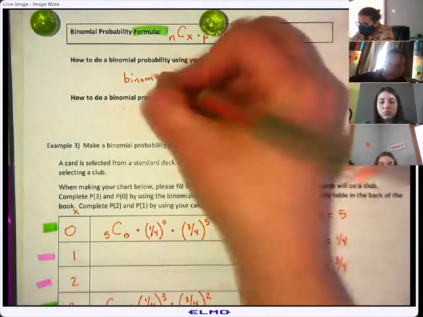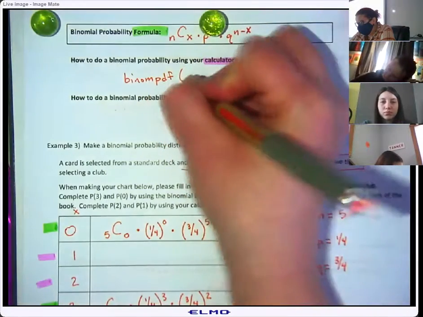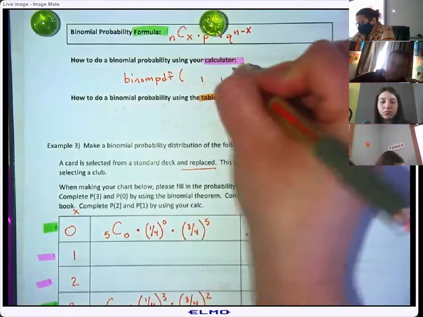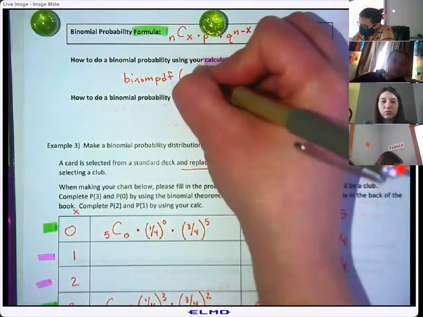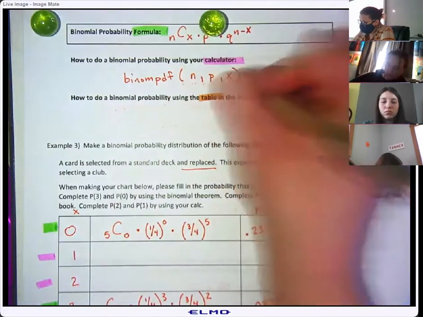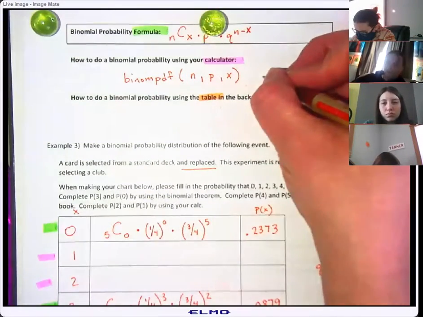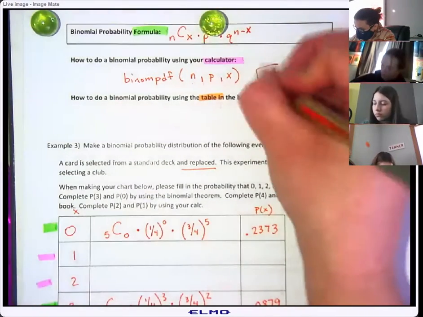Yeah, binome. And then there's a PDF and a CDF function. And it is NPX. All right, so to get here, you are going to hit the second button and then